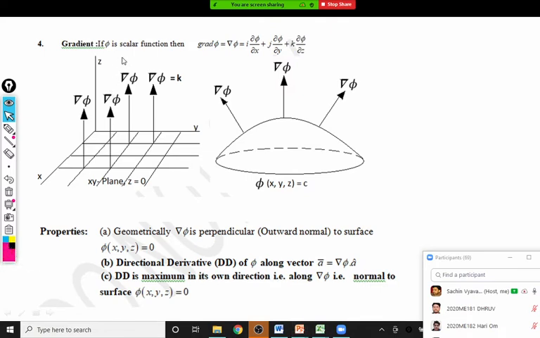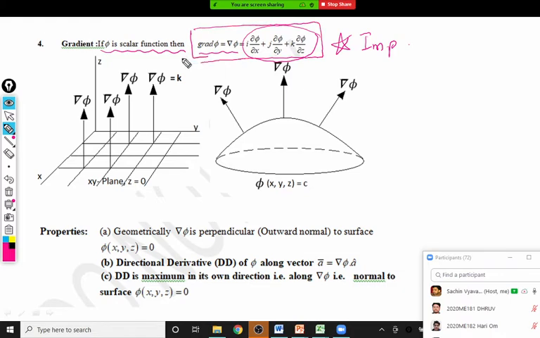So this is the first thing that we should know. Suppose we have some scalar function. The scalar function is like a temperature, as we have already seen. So phi is some scalar function. Then del phi is known as the gradient of phi. These are the notations which are used: grad phi, del phi, and it is given by this formula: i times dou phi by dou x plus j times dou phi by dou y plus k times dou phi by dou z. This is the most important thing you should remember first. It's a definition, and this definition is the most important thing that you have to remember first.